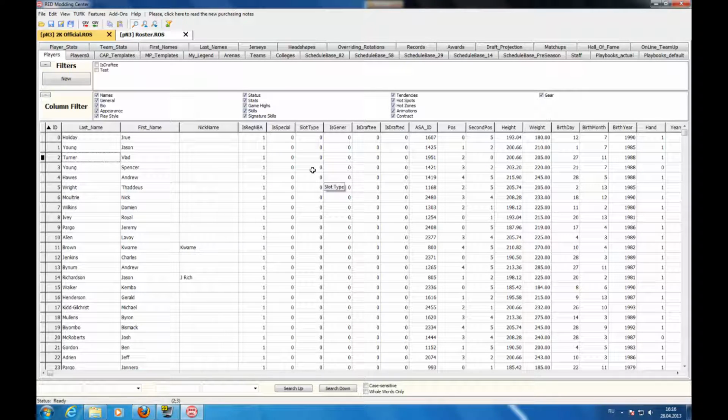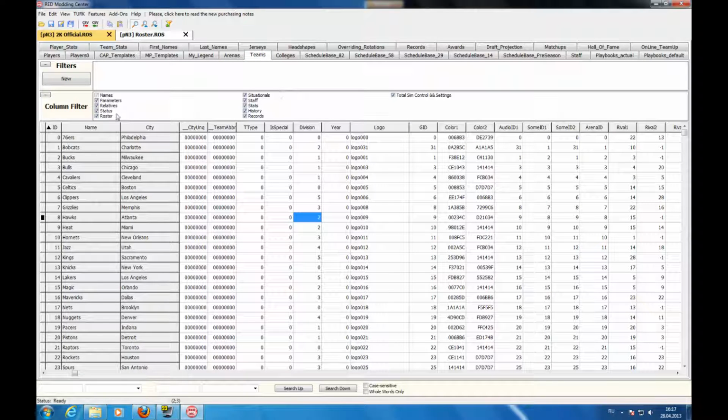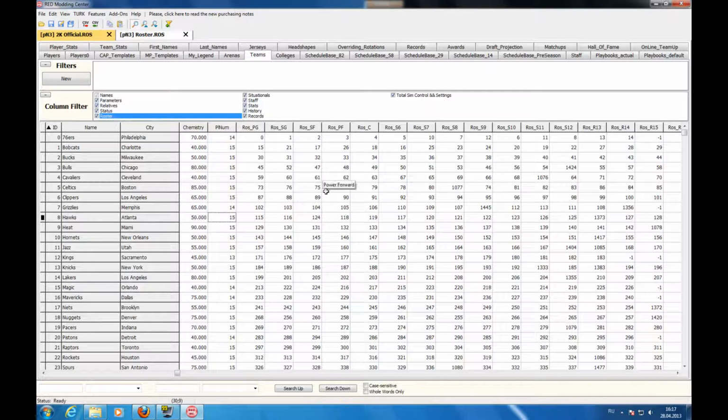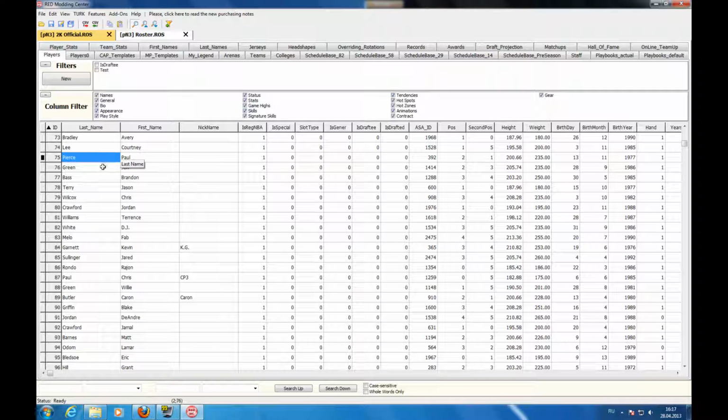The second one is to allow you to easily navigate between the tabs which link to each other. So let's go to the Teams tab again, roster. We have numbers here, but for example we want to edit the Celtics small forward who has ID 75. Hold the Ctrl button, double click here, and voila, you are redirected to the players tab,